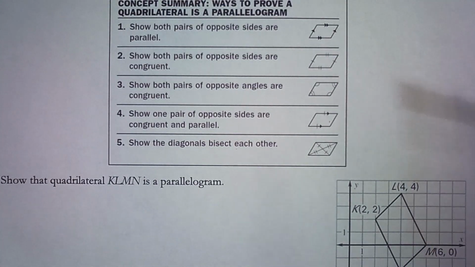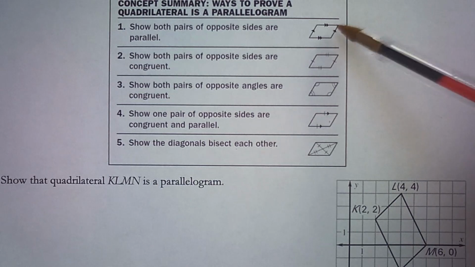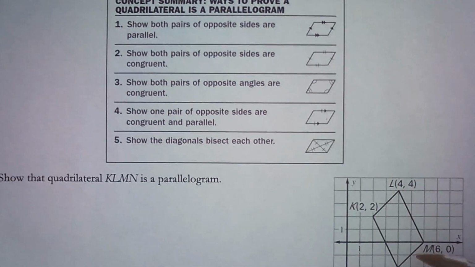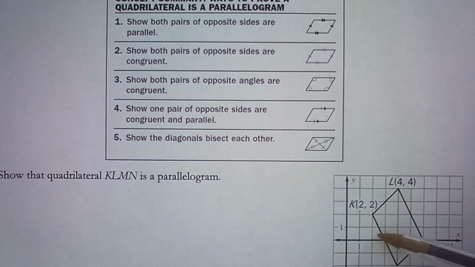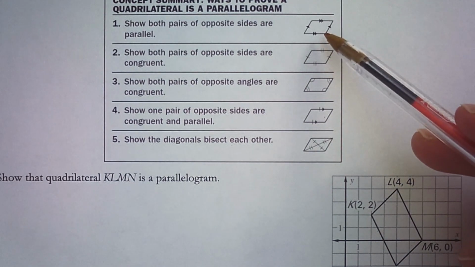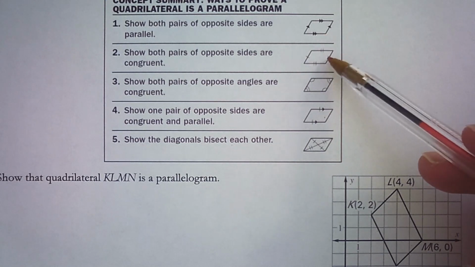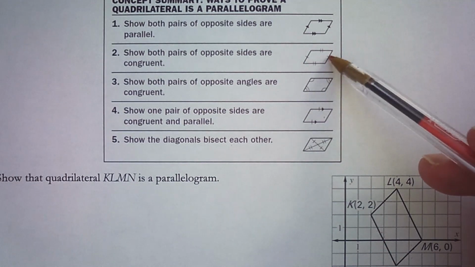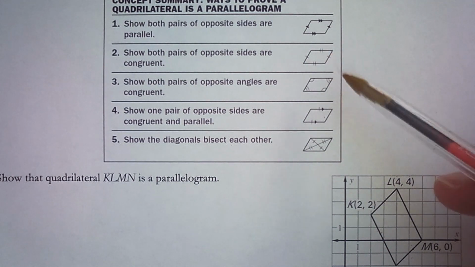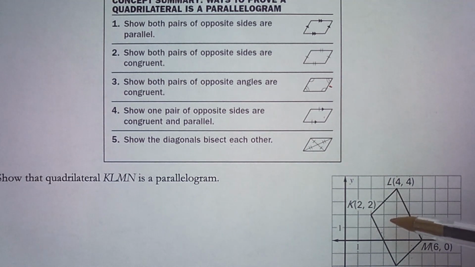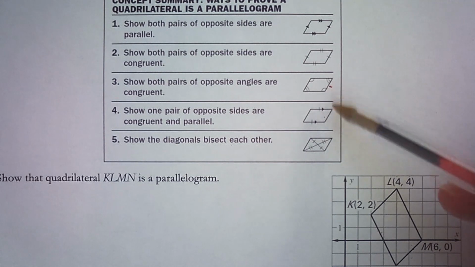We could use the slope formula 4 times. And if we find that these two slopes are the same and these two slopes are the same, then we will have shown opposite sides are parallel. We could use the distance formula 4 times. If these two distances are the same and these two are the same, then opposite sides are congruent, so it's a parallelogram. It would be pretty difficult for this particular one to show opposite angles are congruent, so